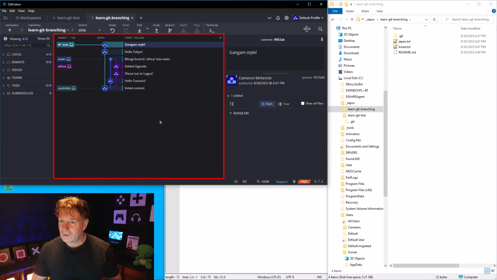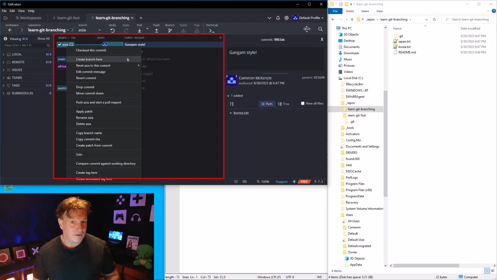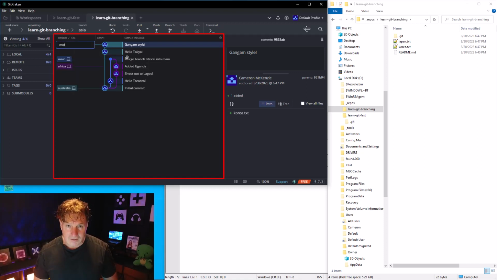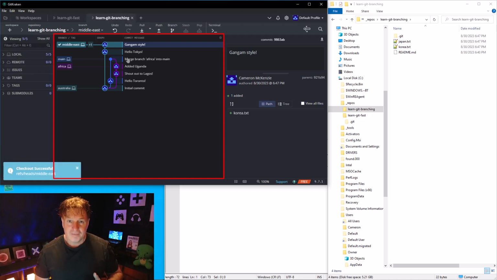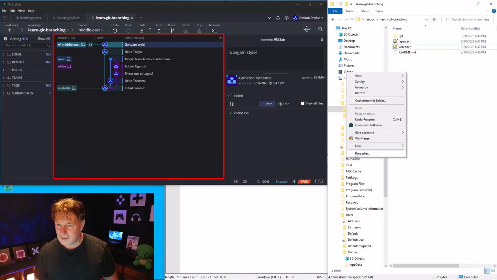By the way, one of the cool things that you can do with branches is you can branch off a branch. So I'm on Asia right now, but why not create a new branch? Let's say I wanted to go to the Middle East, maybe that part of Asia, maybe branch off and do some isolated development in the Middle East. And now I'm checked out, I'm in the Middle East, and in the Middle East I'm going to create a new file,